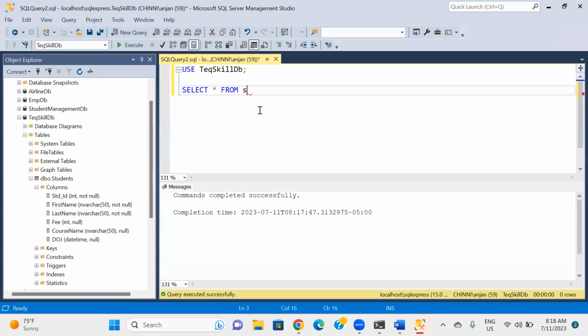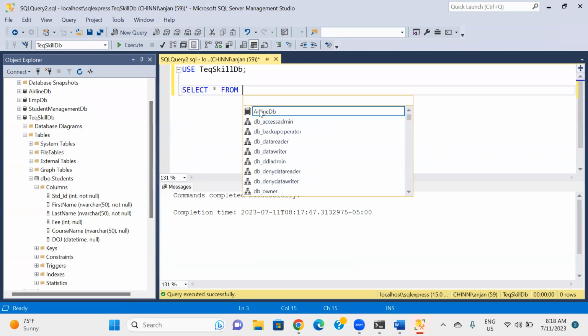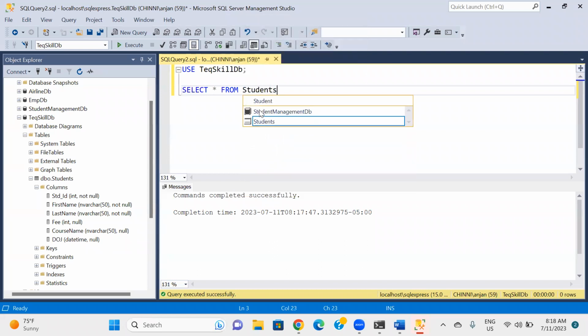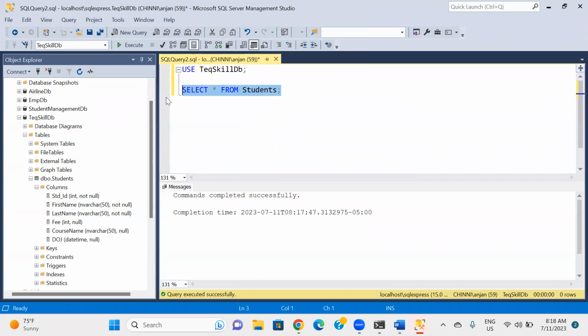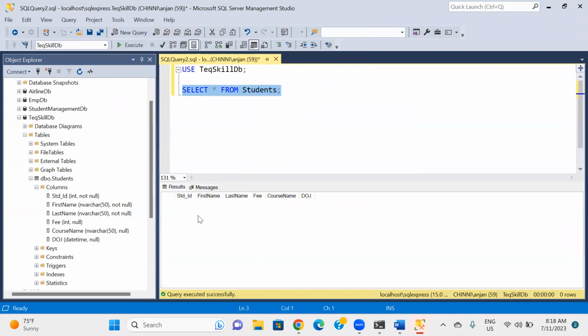Select star from students, right? Select star from students. If we run this one, I don't have any records in the student table. Now I would like to go for insert. If you want to insert the data into the table, what is the command? Insert into, table name is student,